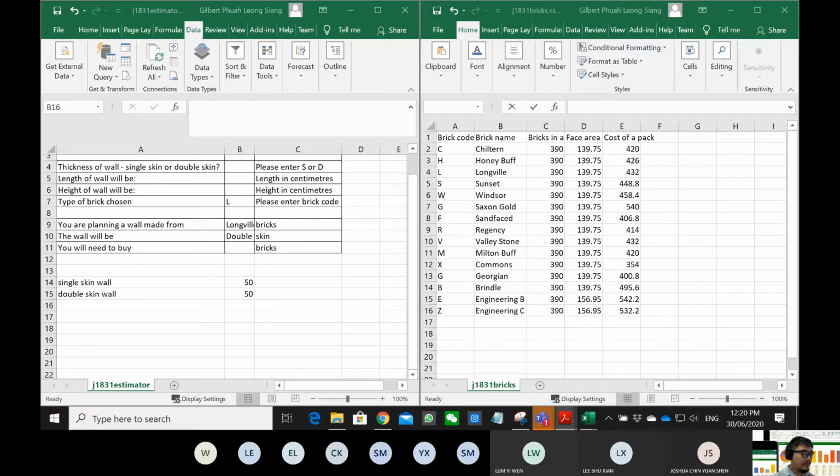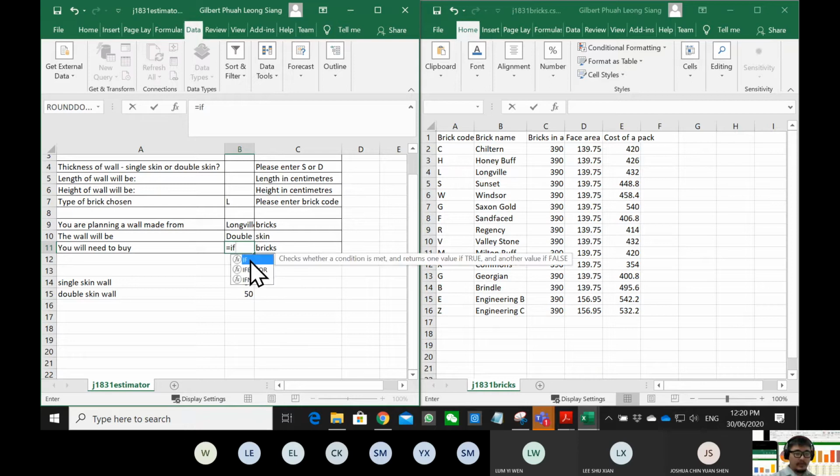Enter a formula in B11. So how much do you need? Okay, so equal IF, this one, equal, okay,